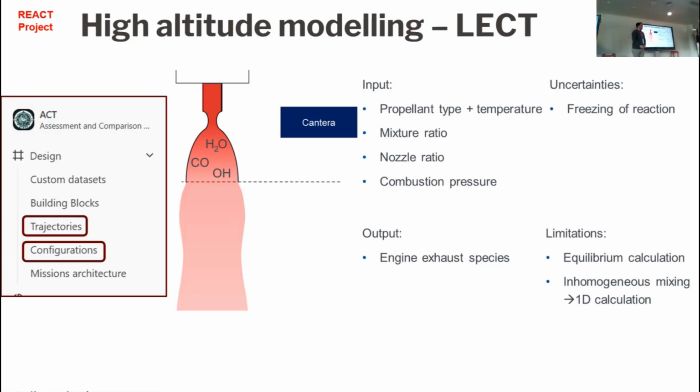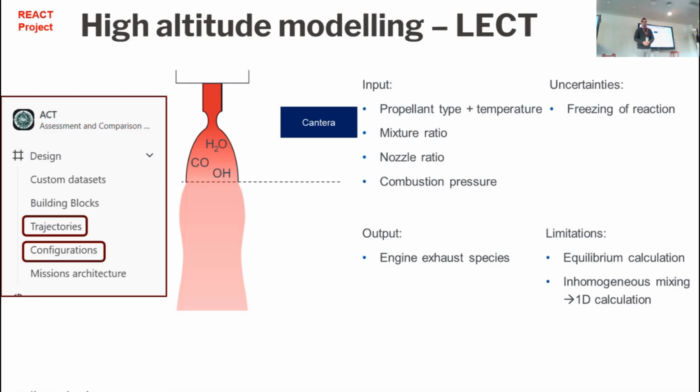Now, when we have our trajectory, we would like to know what the emissions are during our ascent into space and back from space. So let's start with the ones to space with the launch emission calculation tool. So this tool is based on a two-step approach. First, we are calculating the emissions at the nozzle exit level. This is done with a Cantera implementation. As input parameters, we need the propellant type, the temperature of the propellant, the mixture ratio, the nozzle ratio, and the combustion pressure. And then Cantera calculates with an equilibrium calculation the emissions at the nozzle exit level